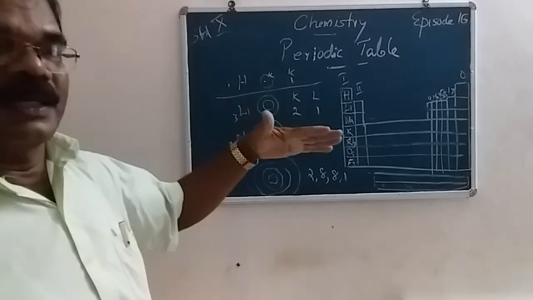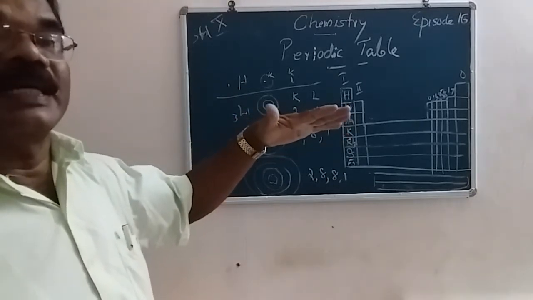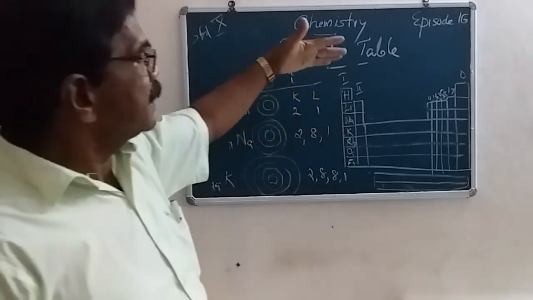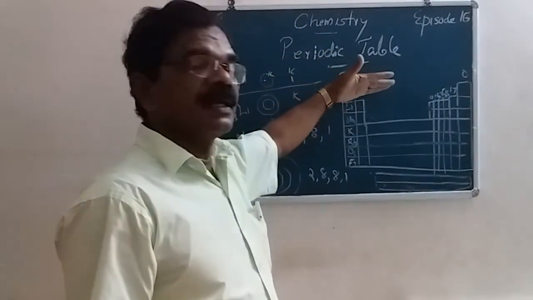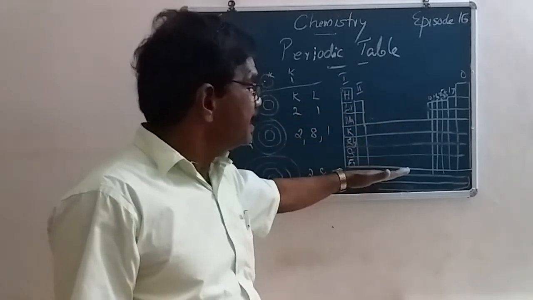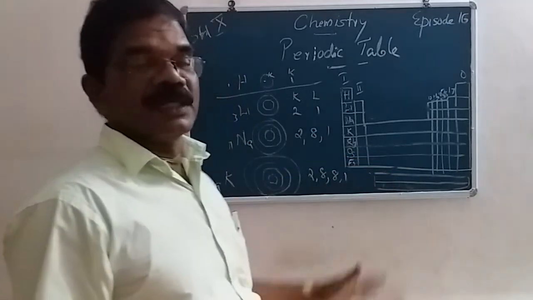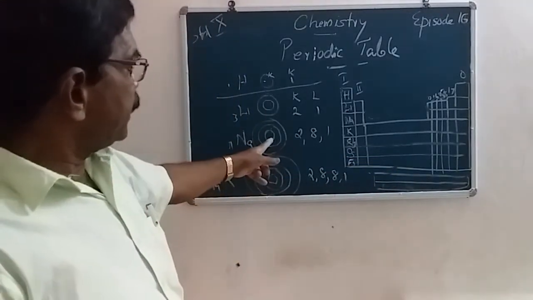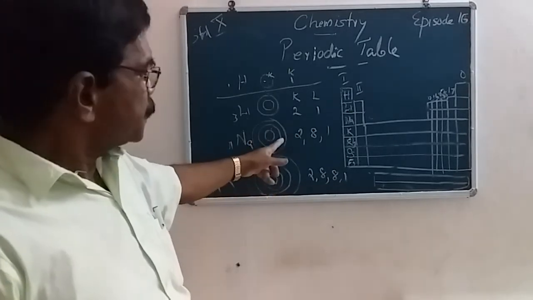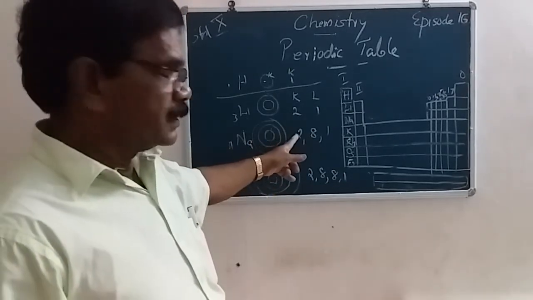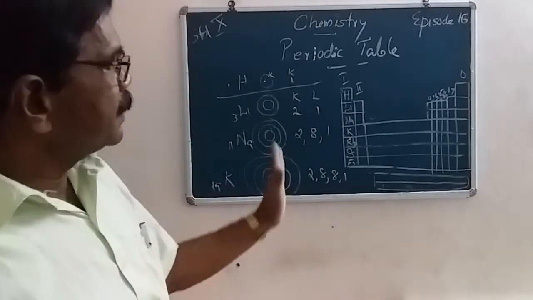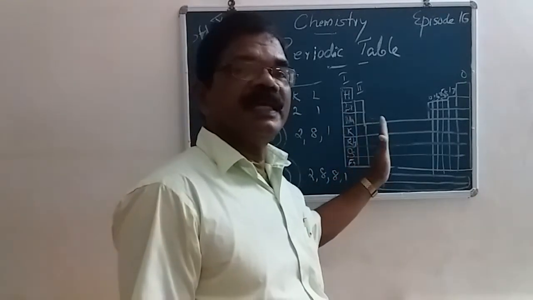So, we can come to a conclusion: where lie the smallest atoms? The smallest atoms are at the top of the periodic table, and the biggest atoms at the bottom. Among sodium and potassium, which is the biggest atom? Sodium has only 3 shells, and potassium has 4 shells. So potassium is the biggest atom. These changes occur in every group.